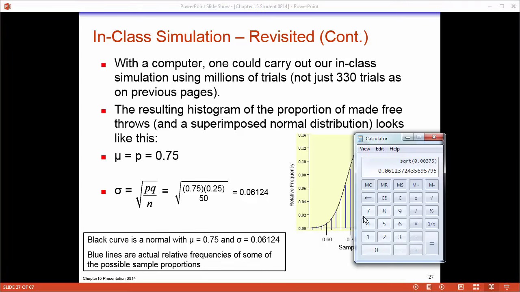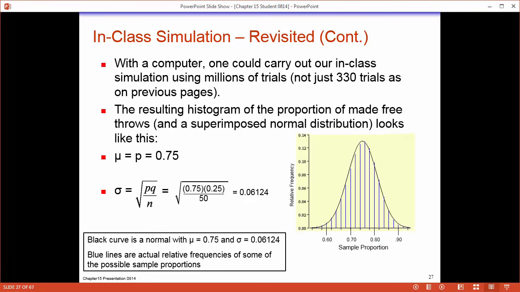We can even compute what would be 2 standard deviations above. So we can just go here and times 2, and then add that to 75. And 2 standard deviations above would be 87.24. So if they shot 88%, that would be kind of an outlier. We'd say, whoa, you had a really good run there of 50 free throws. And remember, this is the proportion of made free throws out of 50. This is the sample size right here. So this distribution, very important, is relative to the proportion they make out of 50.